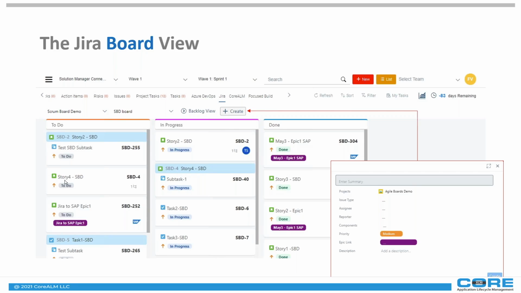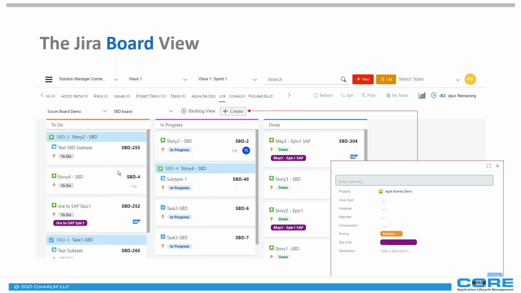As you can see, this would be the board view for the Jira items, where you can actually create directly if you wanted to. Obviously, this is an option where you can create epics and user stories directly from our backlog items in our Scrum board. And as you can tell, we identify